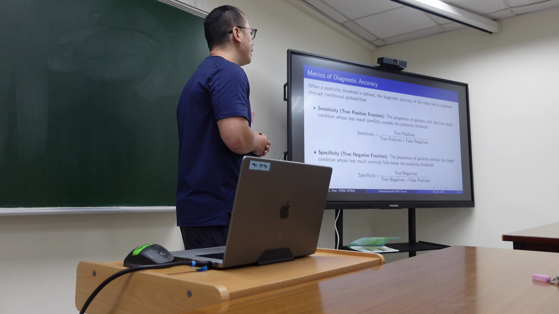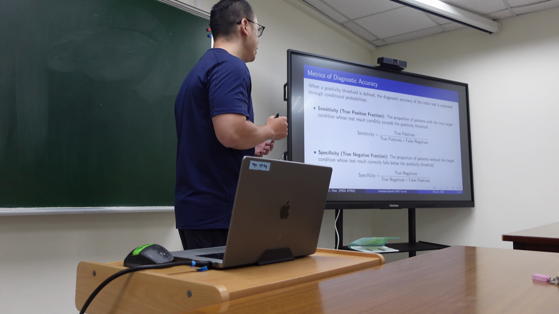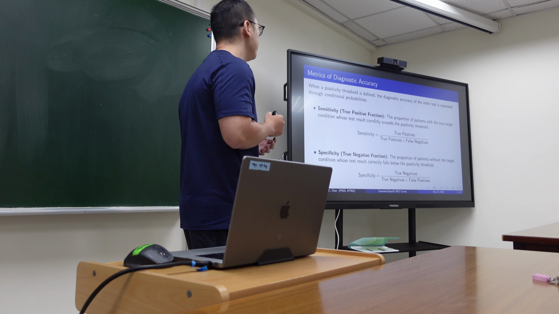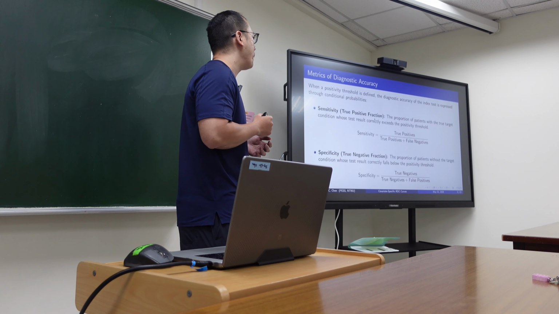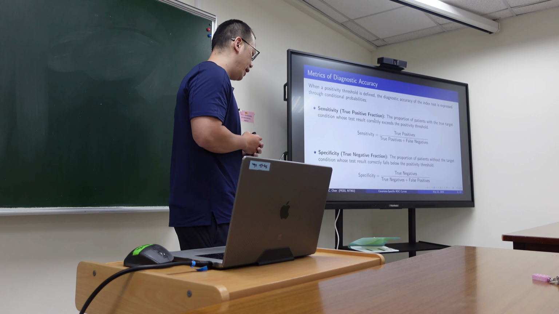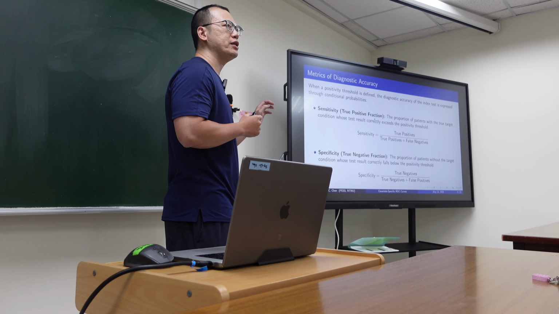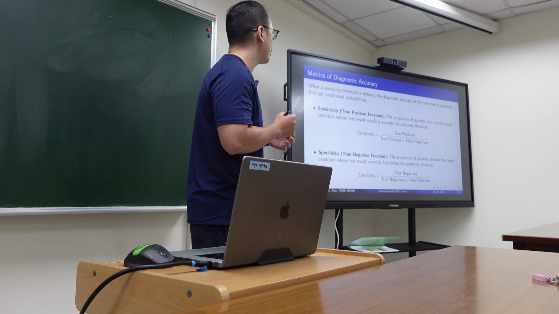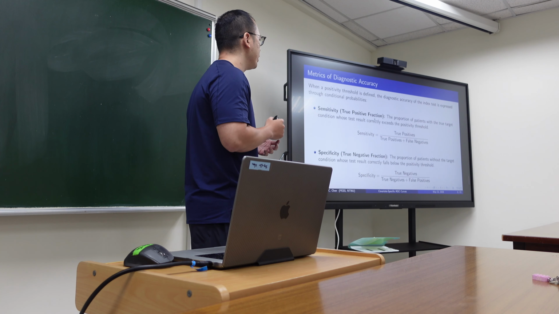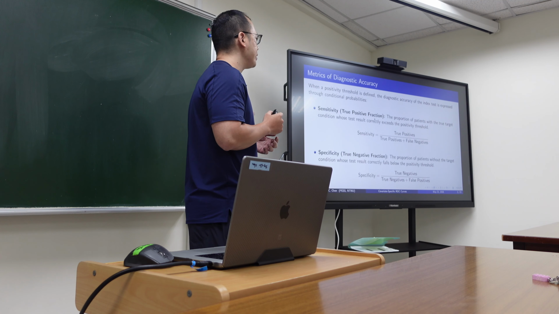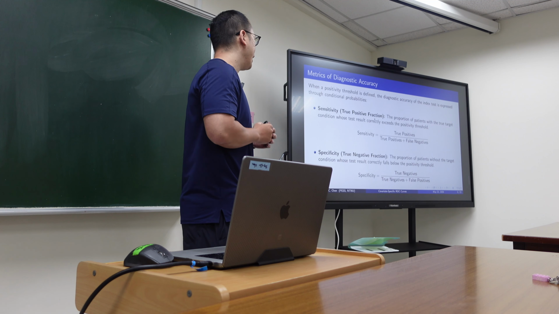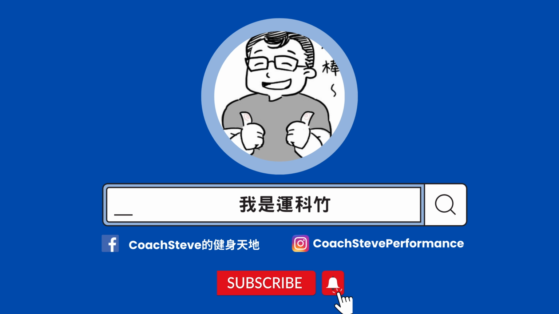It means the proportion of patients with the true target condition whose test result correctly exceeds the positive threshold. We can also observe from this formula that the numerator is the true positives and the denominator is the true positives plus false negatives. And on the flip side, we can also see this